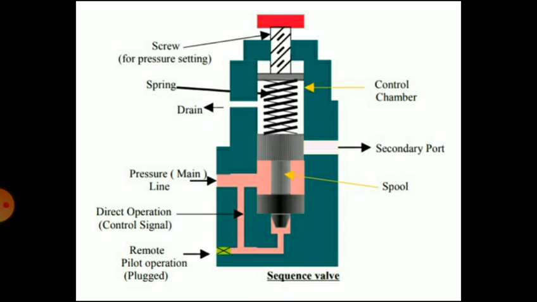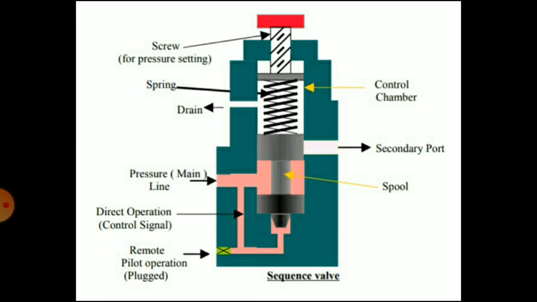When the operation of consumer 1 is completed, the pressure starts building. When it reaches the set value of the pilot relief valve, fluid flows through the spools to drain. You can see this in the diagram. As the fluid flows through the spool, the orifice causes a pressure difference between the spring side and the spool side. This pressure difference results in a differential force which lifts the spool, causing it to uncover the port and thus supplying fluid to another consumer, B.